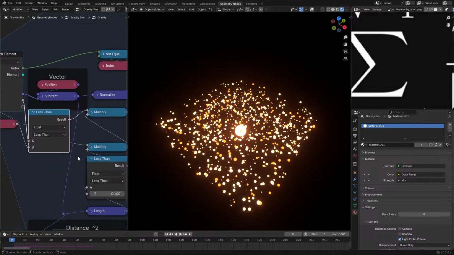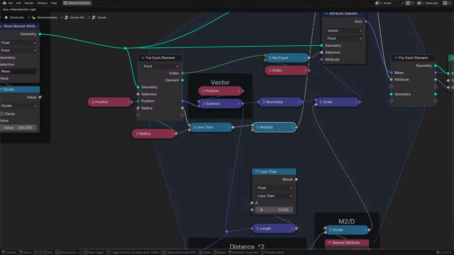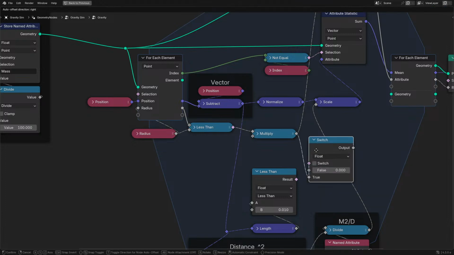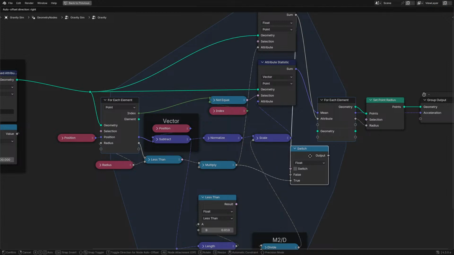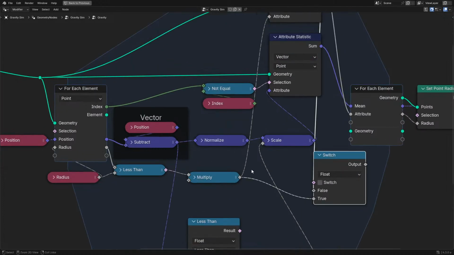Interesting. Set that to be 0.01 because I want... Oh, wait. That needs to be a switch node so that we can see... Yeah, no, that's not a multiply. What we need is a switch node at the end here, so that will switch between the original radius and that. Oh, dang it, but we can't... Yes,